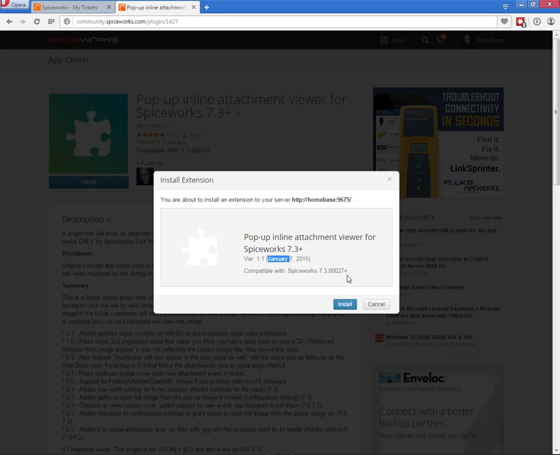Again, if this fails, if it says you have a version that's older than this, but in fact you don't, you have a new version, the fix for that is to simply go back into your Spiceworks application, go to the upper portion of your nav bar, you'll see an envelope, click on that, it takes you to the community, and then go back to the plugin page and try to reinstall. Basically that synchronizes your plugin version with the community, and it will let it know that you have the correct version. So we're going to install,